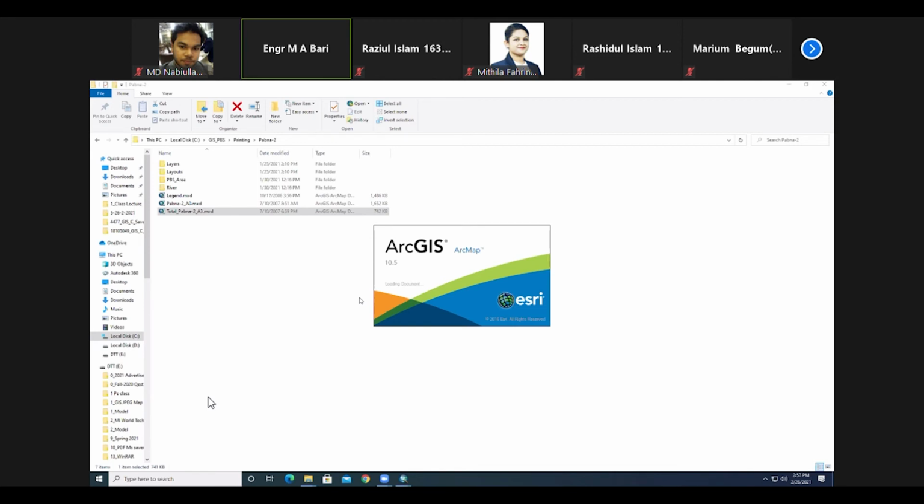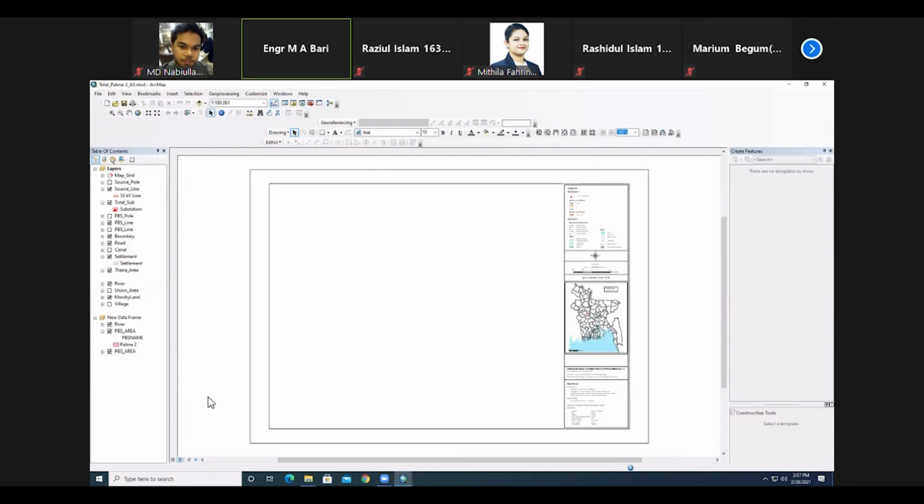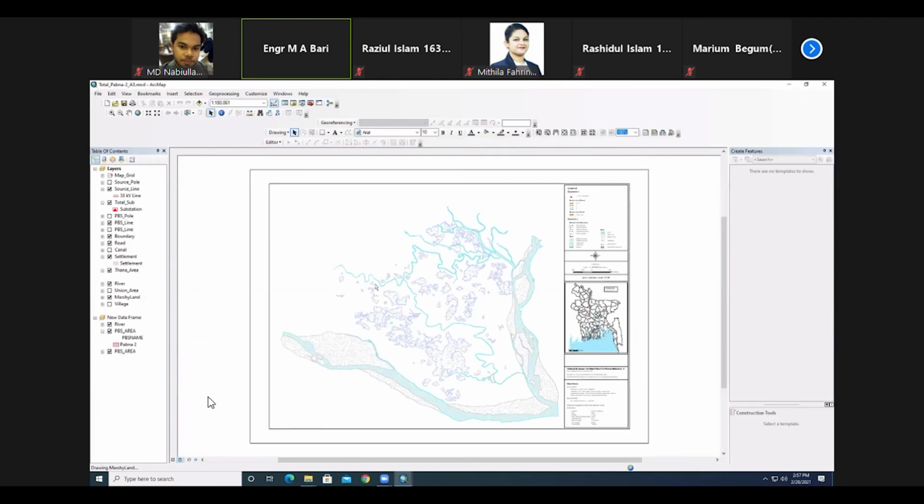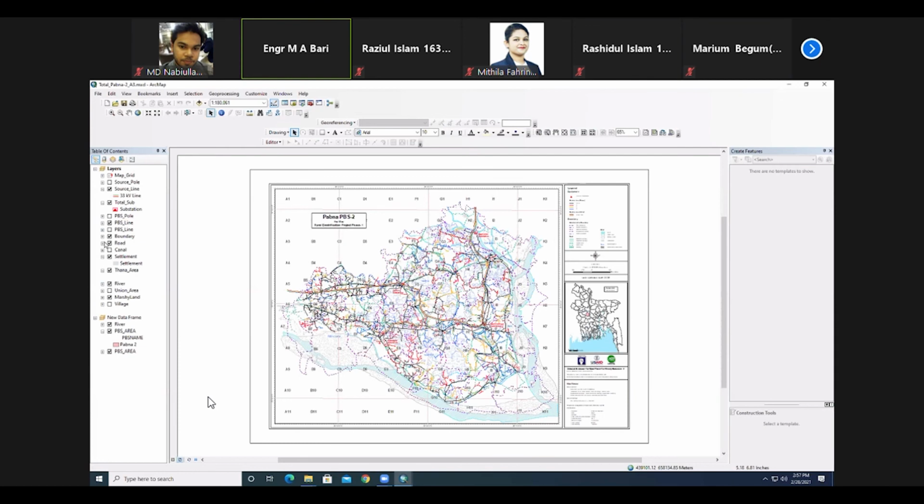But I am opening it because it is difficult for the computer to open this file. Look, this is the area, and this is the previous line.